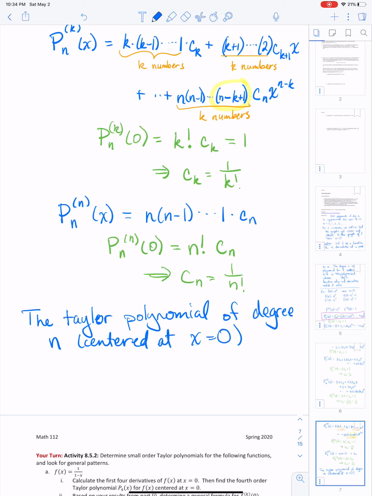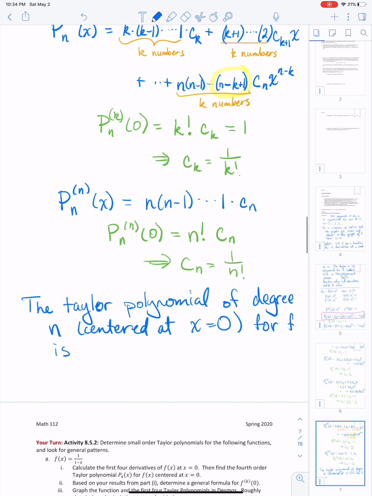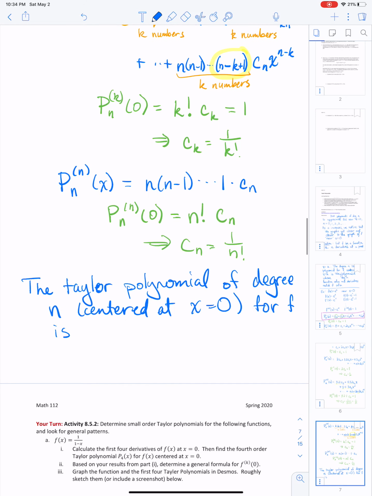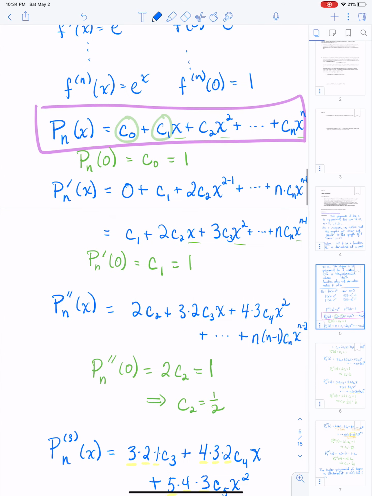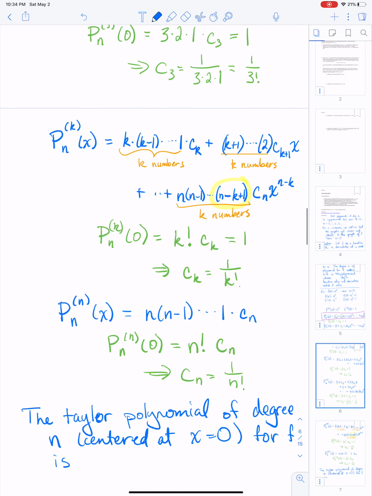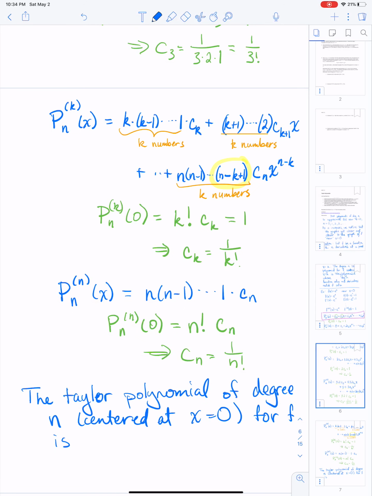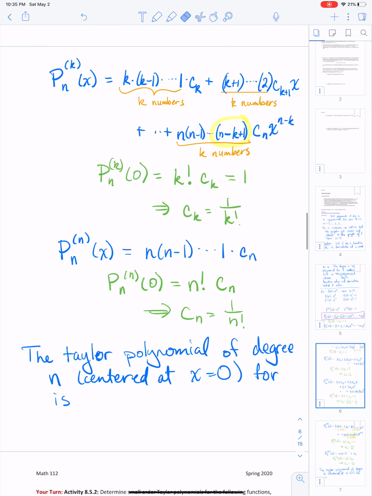So the Taylor polynomial of degree n centered at x equals 0 for f is, okay, and here in this particular case, let's just be specific. e to the x is